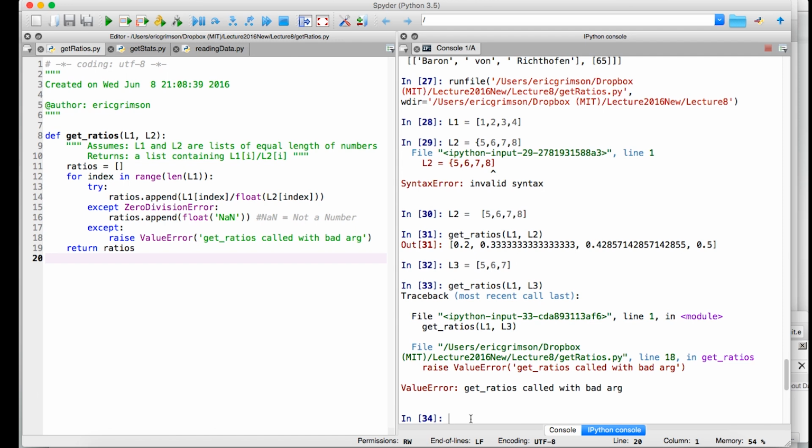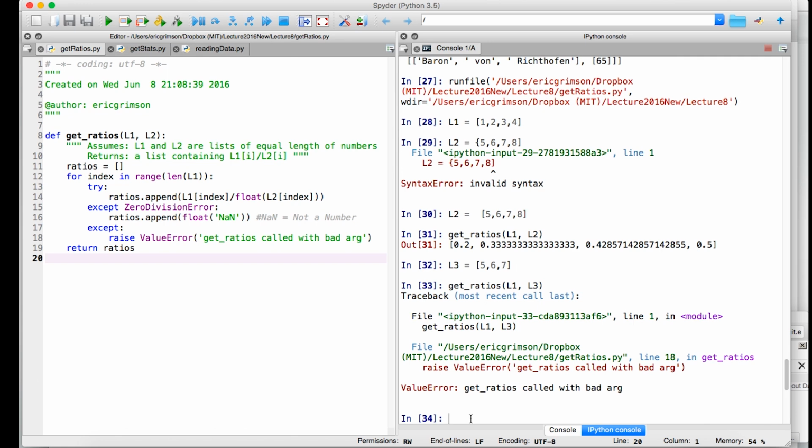In particular, it threw an error because I'm trying to index beyond the length of L2. It's one short of the length of L1. And notice up here, I'm indexing over the size of L1. And it did exactly what I wanted. It raised a value error. So it did throw me up to top level because I don't have an exception handler to deal with that. But it printed out my information, not the standard thing that would have happened if I didn't have a particular